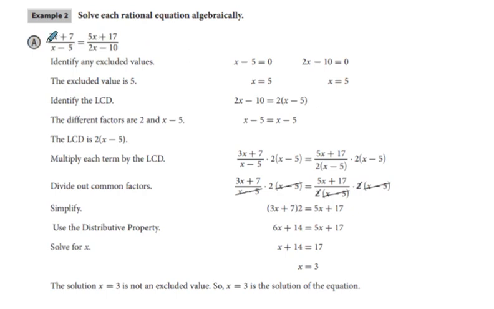And here they give this example of solving each rational equation algebraically. The first thing is finding an excluded value, identifying the least common denominator, and then just kind of working your way through. And then we multiply by that least common denominator and just solve the equation. Here you went through all the process. You ended up with x plus 14 equals 17. In solving for x, x equals 3, and 3 was not our excluded value. So